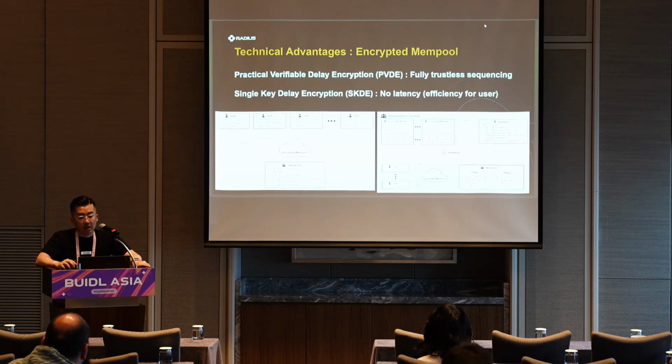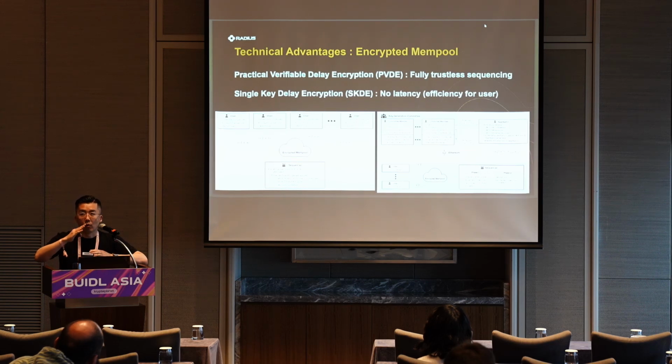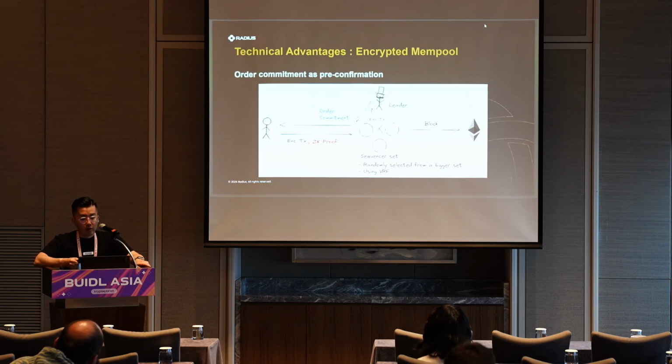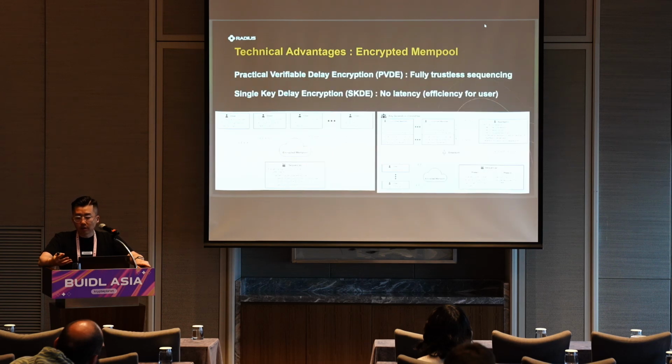So when they encrypt, after the user submits this encrypted transaction and time lock puzzle to the sequencing side, the sequencer needs to solve this time lock puzzle to find a decryption key. So this delay can happen when the sequencer is solving the time lock puzzle. During this delay, sequencers need to